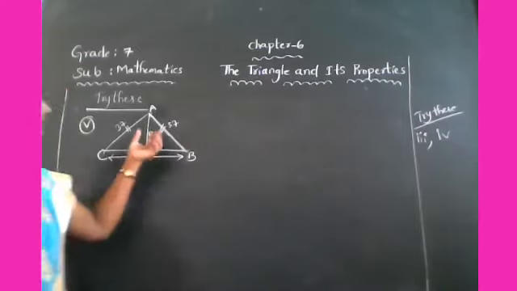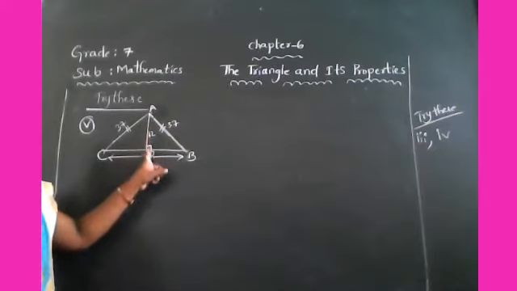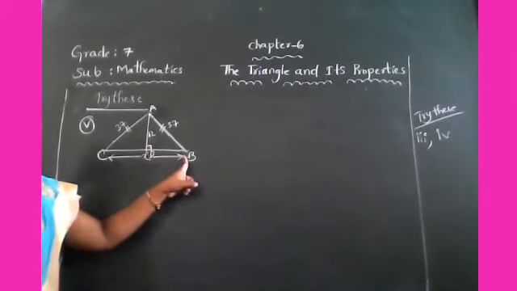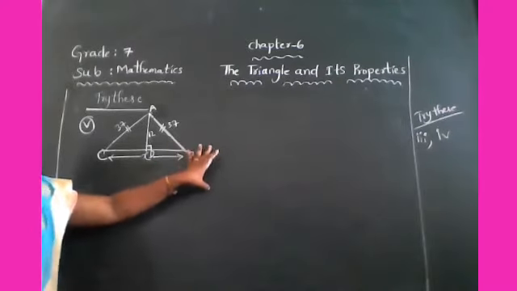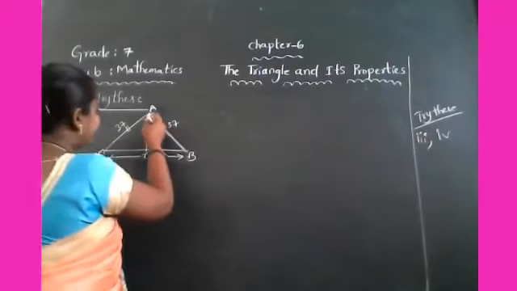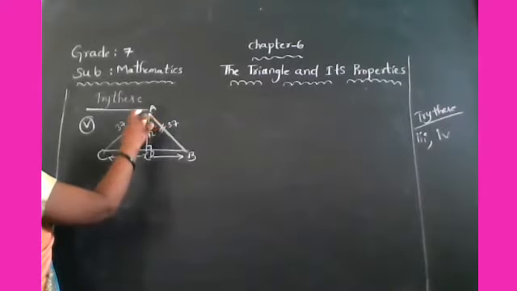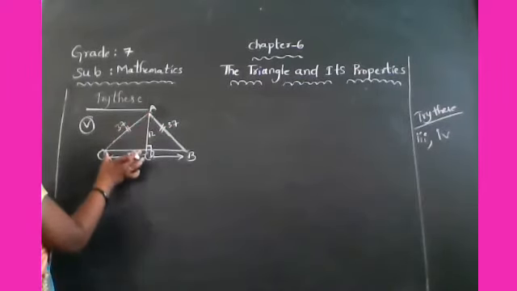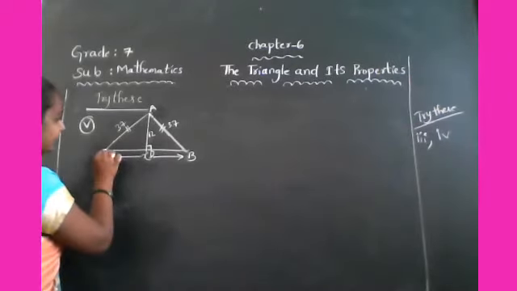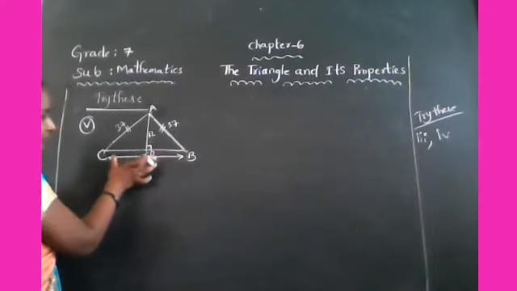Okay children, so we have to find here AB length given 37 and AD length is 12. And what about DB? We know that by using Pythagoras theorem, we can find the third side. Very good. So here also same. Here 12 length given, AD length, AC length given. You have to find CD. But what do you have to find here finally? The total length of BC. What is the total length of BC?